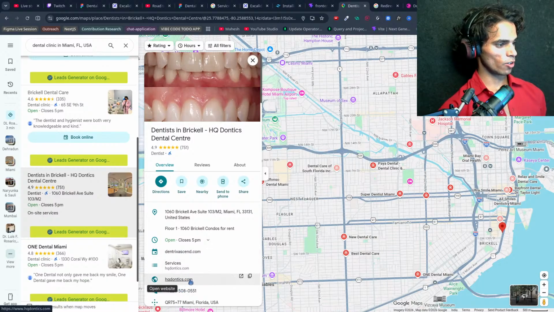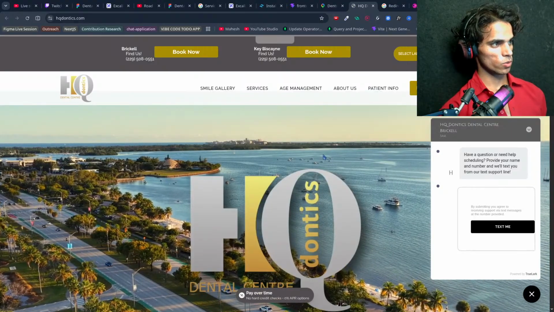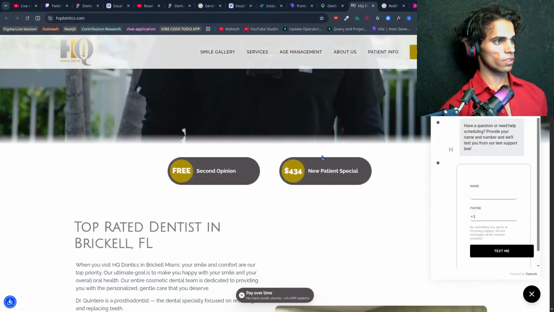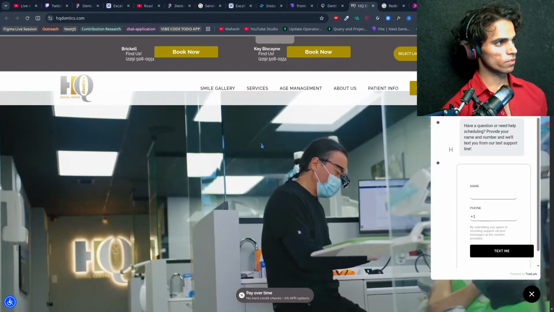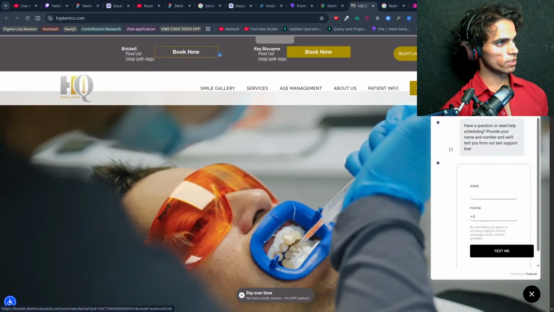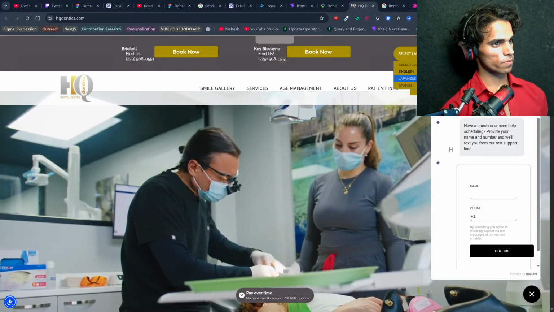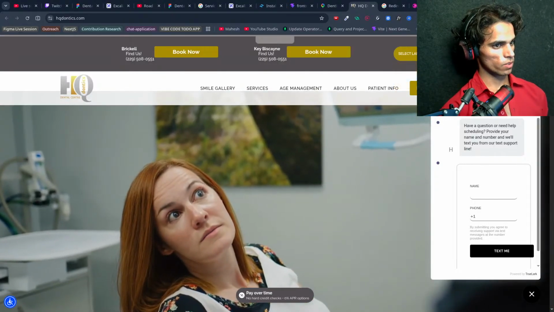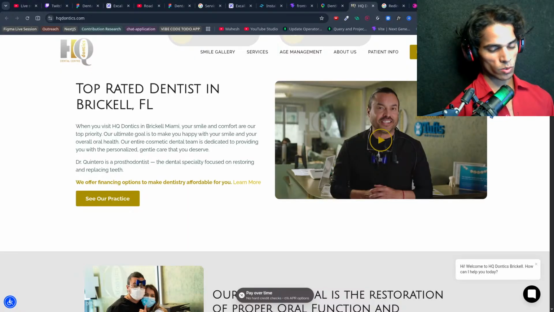Okay, sorry, I opened the wrong one. So we find us, book now. Okay, so yeah, we can take inspiration from these UIs and then build a different UI like this.